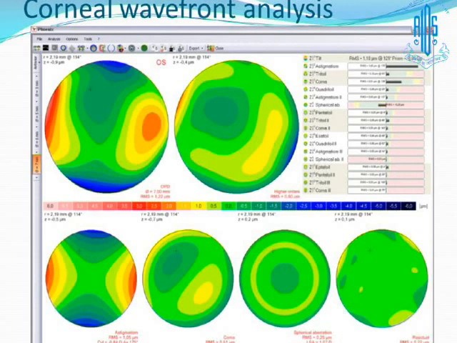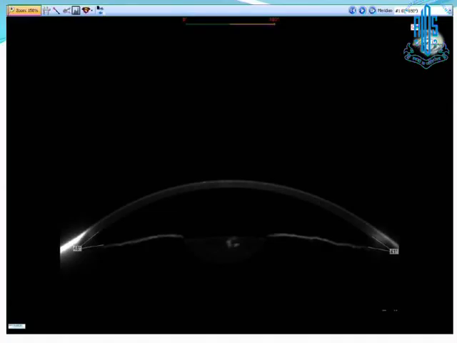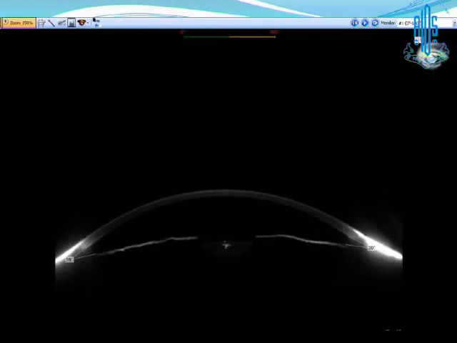So this particular topography can also be used for wavefront analysis, corneal wavefront analysis. Based on this, wavefront guided treatment can be done. And other advantages Dr. Jayashil has already mentioned. It can be worked up for ICL. It gives the angle. After the placement of the ICL, the angle gets reduced by about 30%. So if this is 40 and it gets reduced post-op, say for example here it is around 35, which is normal post-ICL. Suppose it gets reduced to say, for example, 25.